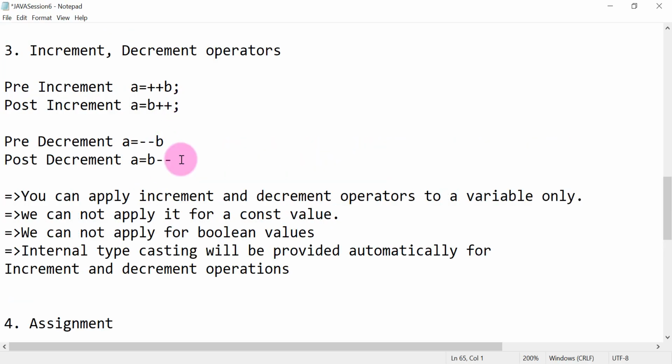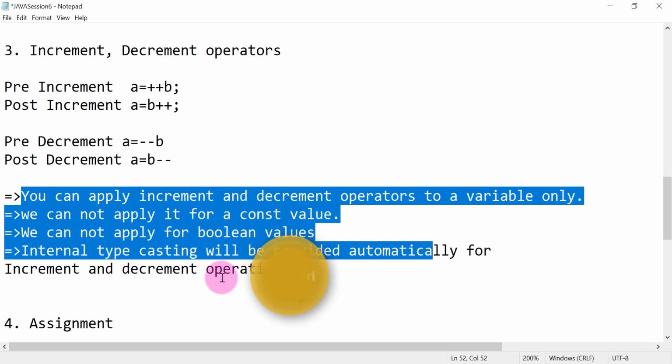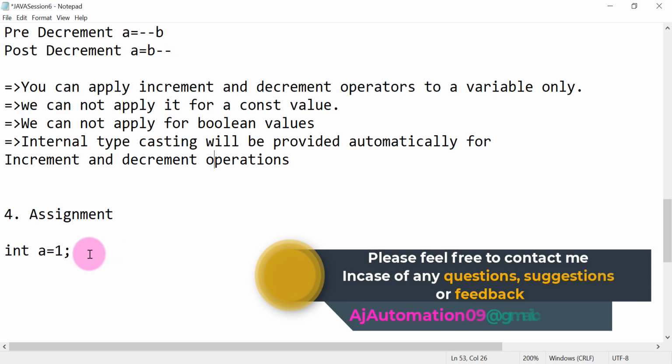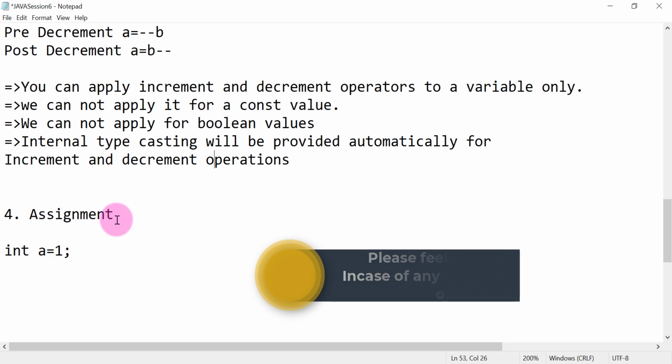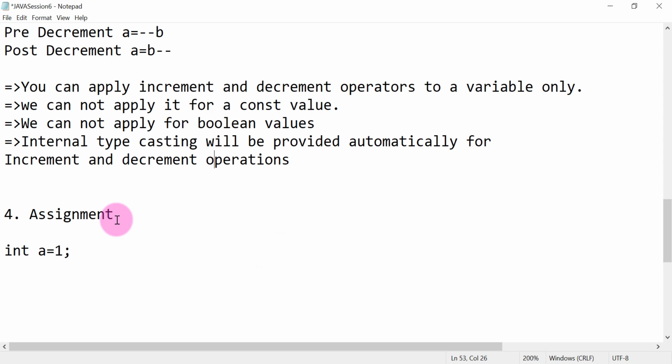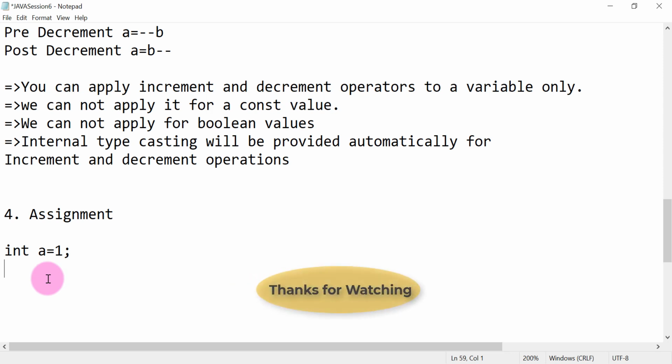So we have seen increment and decrement operators with some very useful practical examples. We have seen some rules in case of increment and decrement, and I have shown you a few very important examples practically for the assignment operators with compound assignments for different expressions. I hope this will definitely help you before you go for a Java interview or Selenium automation interviews. They will try to check your knowledge on this concept, assignment operators or increment and decrement. I hope this session will be helpful.